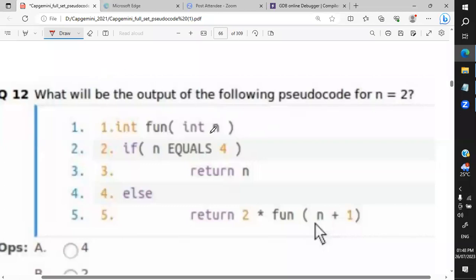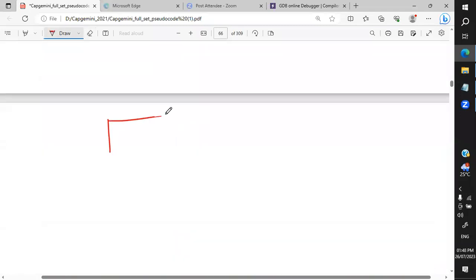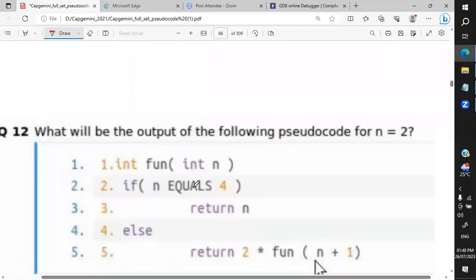First, n equals 2. Function n2. So in the first block, we'll call the function with 2. So in the first function, I'm calling n equals to 2. I'll write it here just for clarity. Okay, n is 2. In this, what we are doing? We are just checking 2 equals to 4. Is it true? No. As it is false, it will come to else part and check 2 into fun of